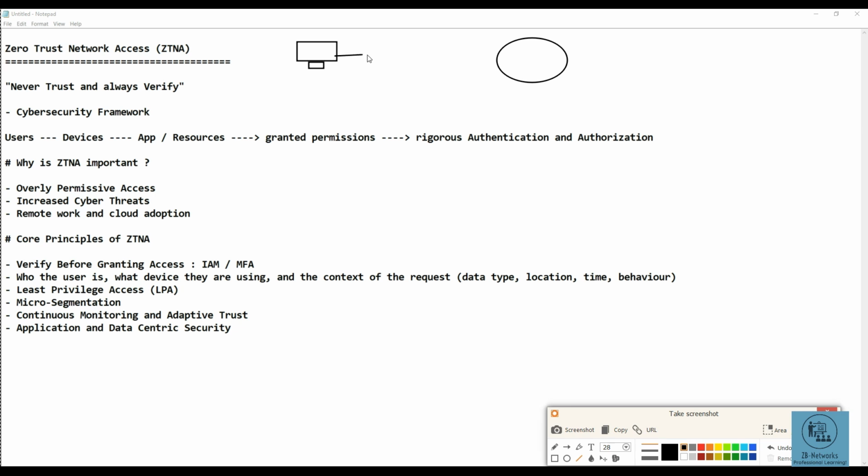The user is connecting to the zero trust cloud with the help of the internet, and behind the zero trust cloud it is also connecting to the core data center, and inside this core data center you have the servers that are hosting the applications. So think of this as your zero trust cloud,